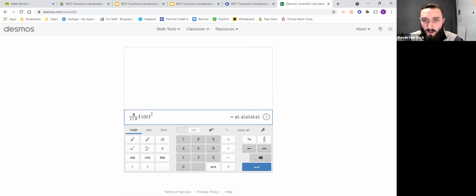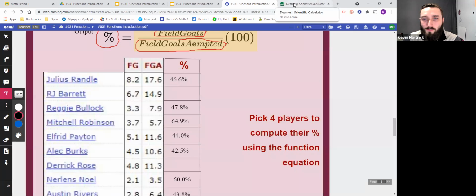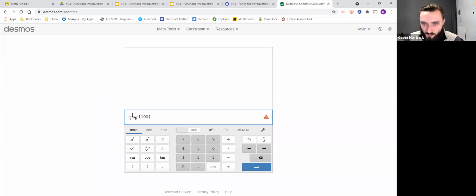Okay, I'm just going to edit my equation here. So what it was, 6.7 and 14.9. So this is 6.7, and down here, 14.9. And we have a new percentage here,